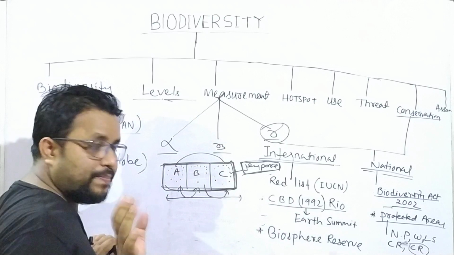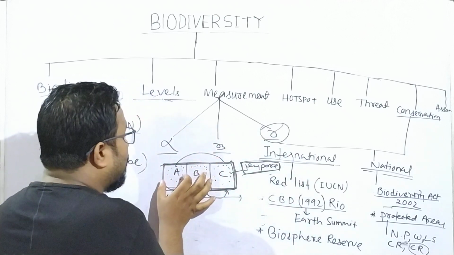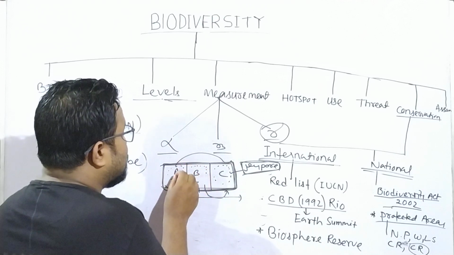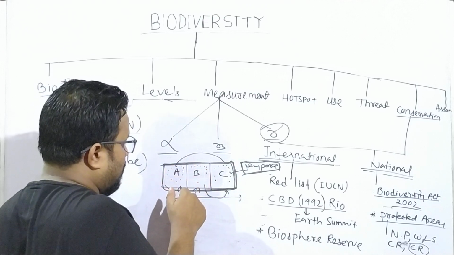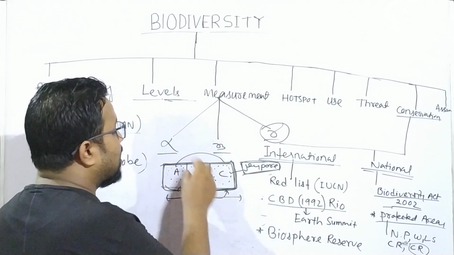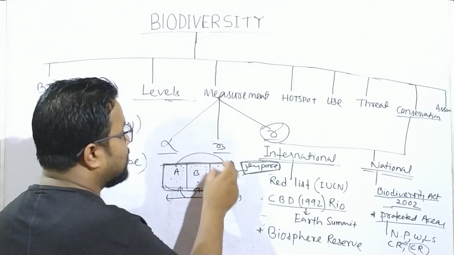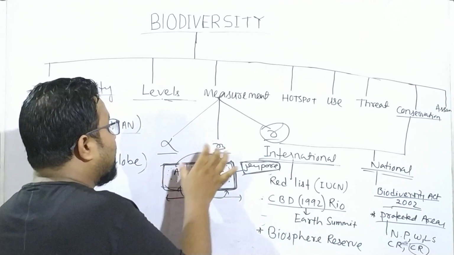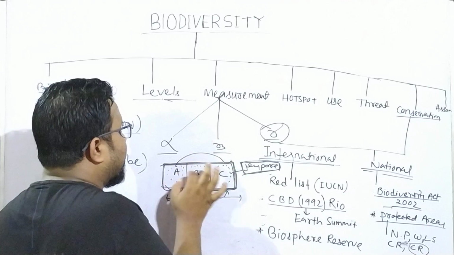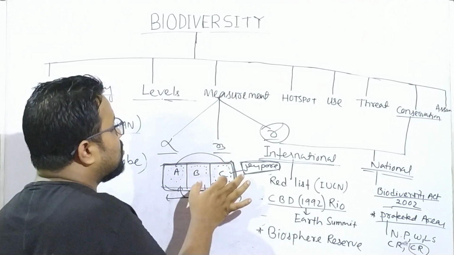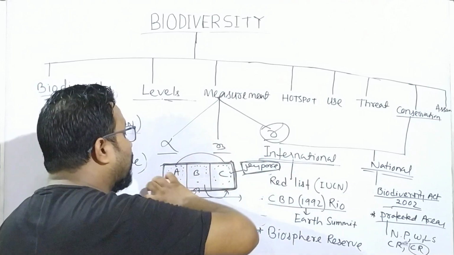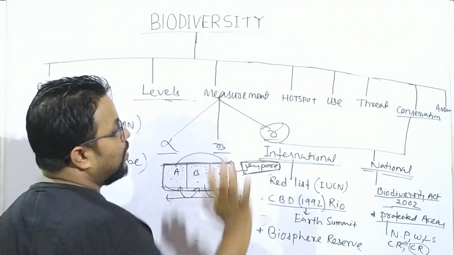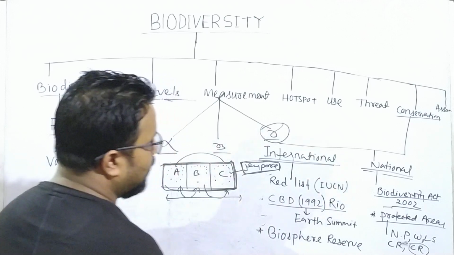The overall species present in the ecosystem is called gamma. Again, I will repeat. What is alpha? Alpha means the total number of species present at A, alpha. Total number of species at B, alpha. Total number of species at C, alpha. Individually. Next, if I compare A with B, B with C, or A with C, that is beta. And overall species present in the whole ecosystem is called gamma. I think everyone is clear.